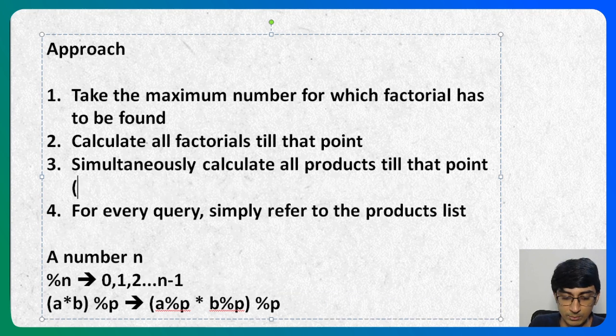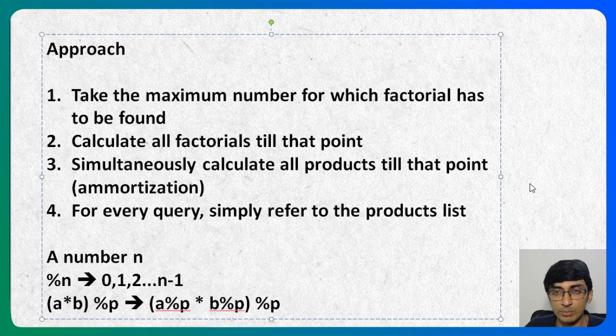Calculate all the products till that point. So, amortization: just look this particular term up. What it basically means is that the cost of getting the answer is amortized over all the queries. You can look it up, or you can join our advanced course and we'll teach you what exactly it means. It's the process of calculating it once, so this cost is now amortized over all of the test cases. For each of the test cases we have zero cost, because we are just referring to this one. The cost is amortized, so that's what it's called, amortization.